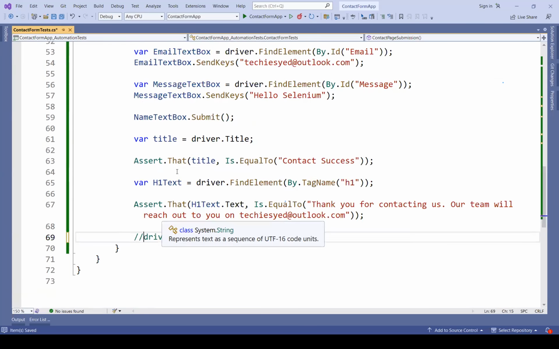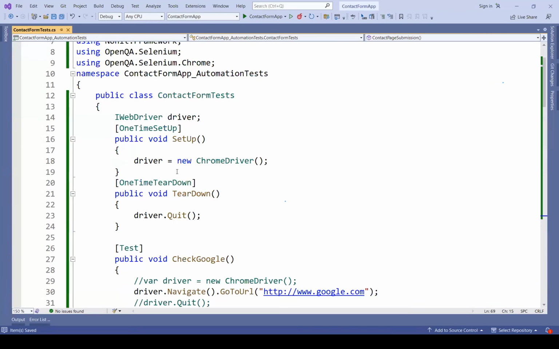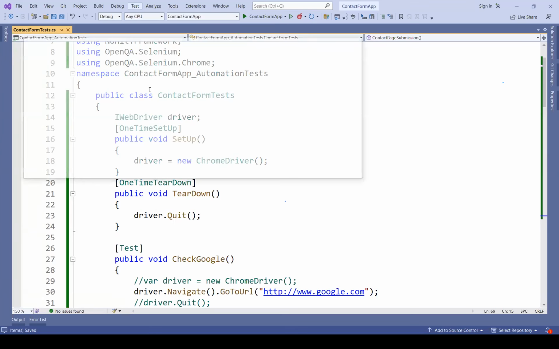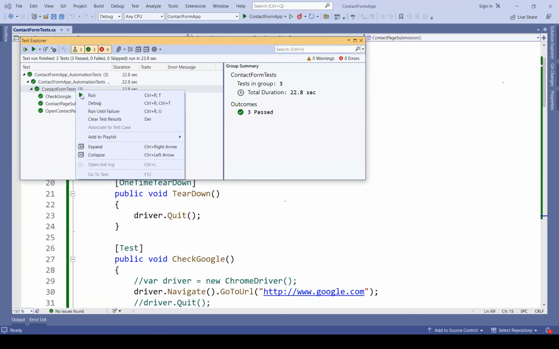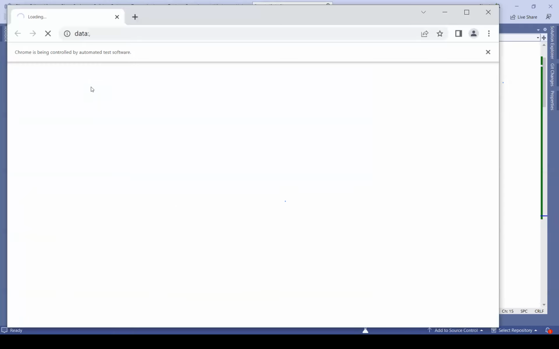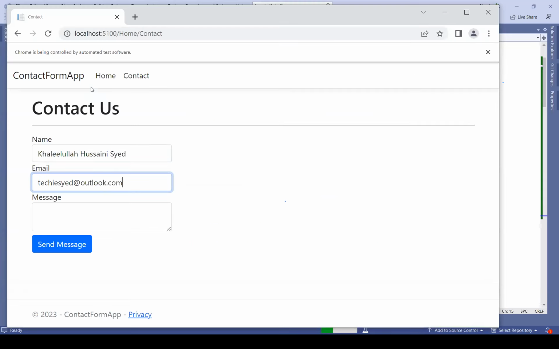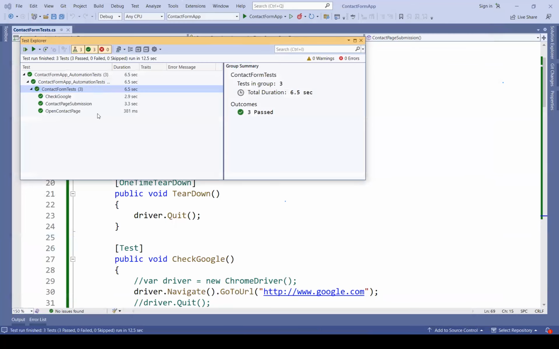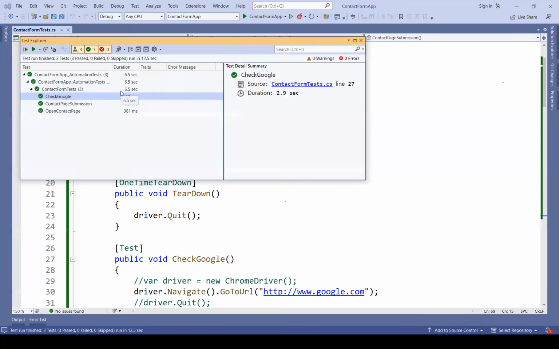Here. Now this time if I run it, it will not open 3 different Chrome windows one by one. It is going to use one single Chrome session to execute all 3 of my tests. So let me go to Test Explorer. Right click and say run all 3 of them. The first test, the second one, and the third one, right? All 3 are executed. This time in a single Chrome session instead of 3 different sessions, because